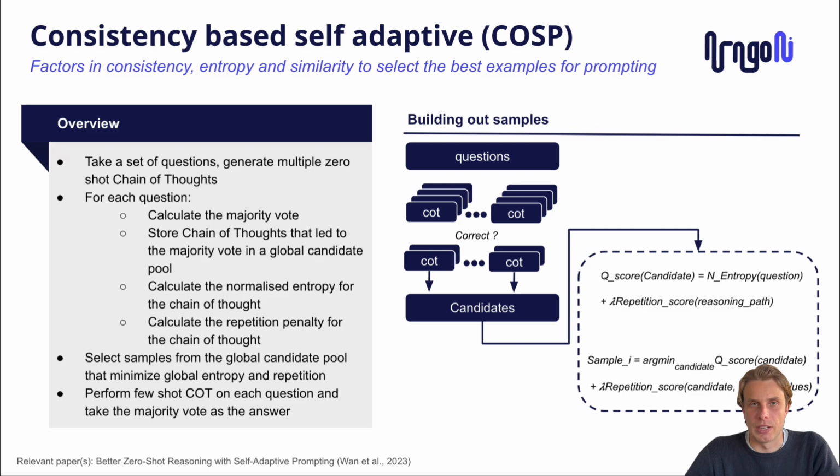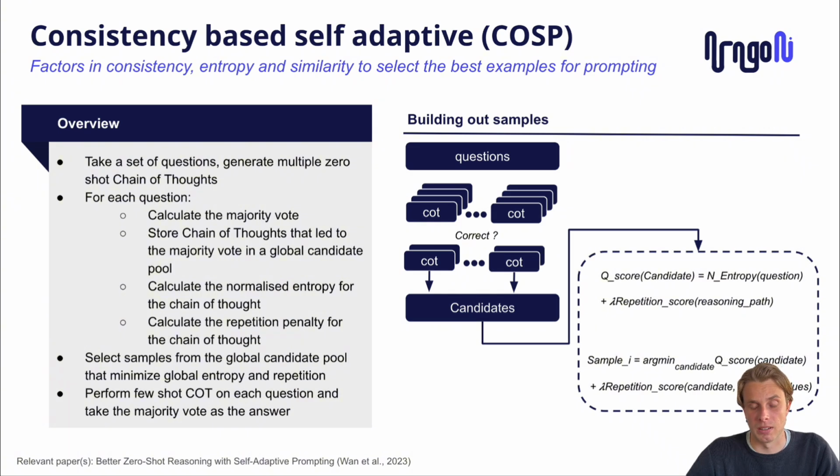We are now trying to generate our sample-level ones. To do this, we start with an empty set, which is our samples. We initialize it by taking the candidate that minimizes the sum of the individual question score plus a new repetition score penalty that compares the candidate to the sample values we already have. When we're initializing, because there are no sample values yet, we're just taking the minimizer of the question score. But going forward, as we build out the series of samples, we assess every candidate based on how similar it is to the other candidates that you've already set in